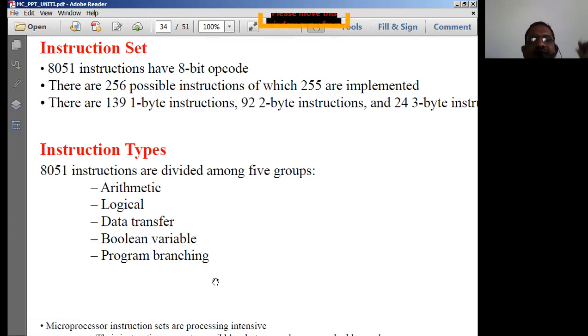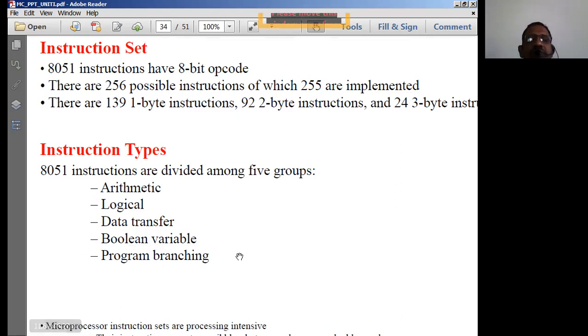One more comes into the picture, which is called the Boolean variable instruction. This is what is extra in the 8051 microcontroller. Why Boolean? Because the 8051 microcontroller can access individual bits also. Instructions used to access individual bits are simply called Boolean variable instructions.